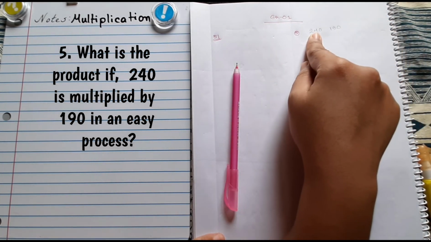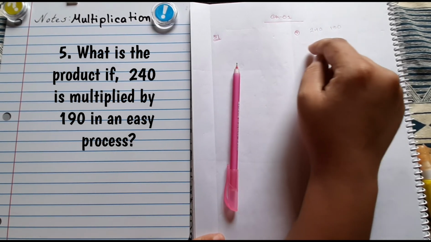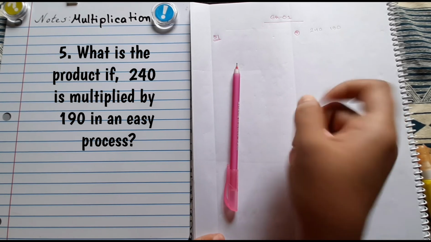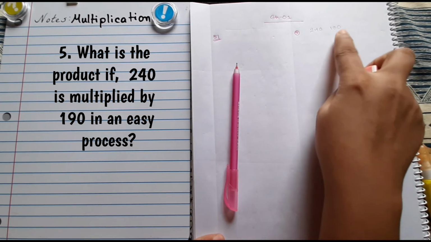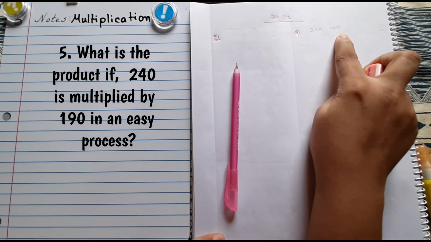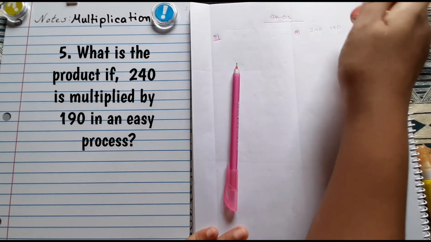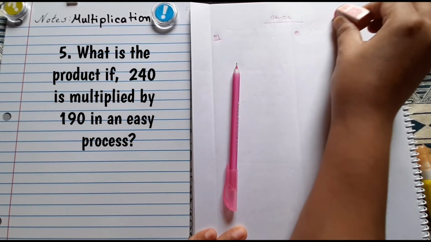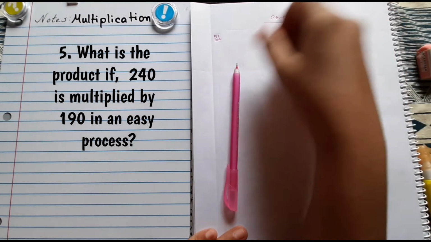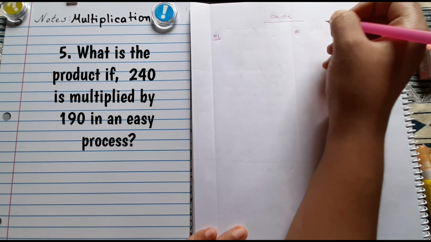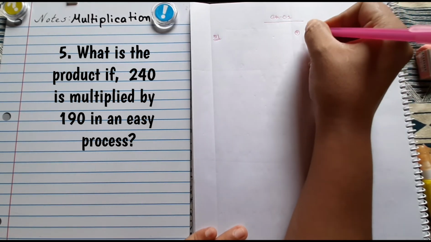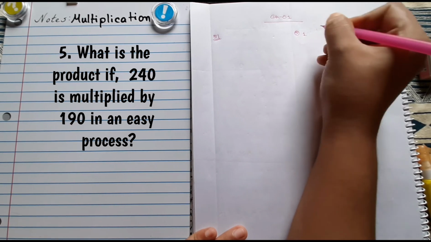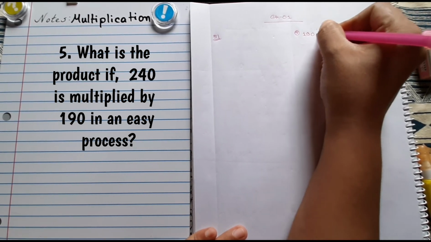Okay, this one we can just take the 40 away, take it to 200 plus 40, and this one, if you want to make it an easy process with a round figure, at that time, 200 minus 10. So definitely I'm going to pick this one. Another thing you have to remember is that whenever you are doing this kind of math, multiplication actually, it doesn't matter if you change the numbers' place.